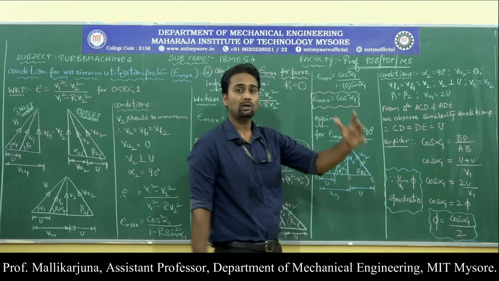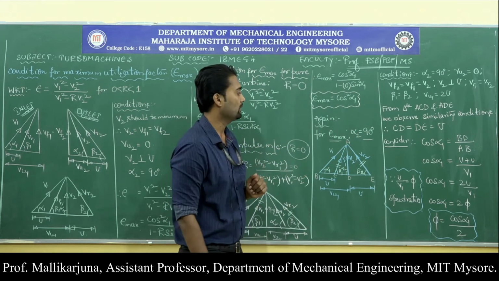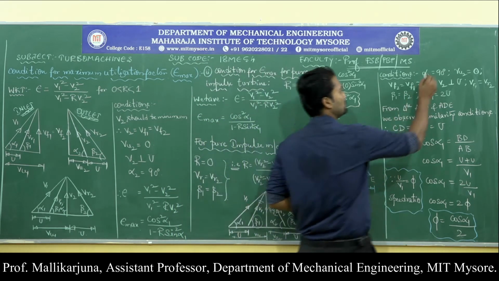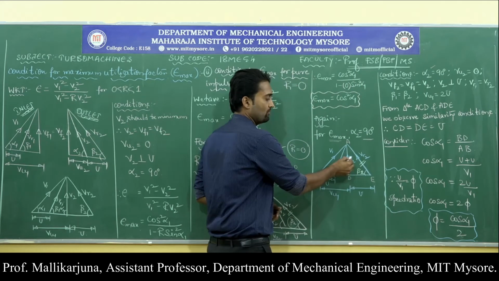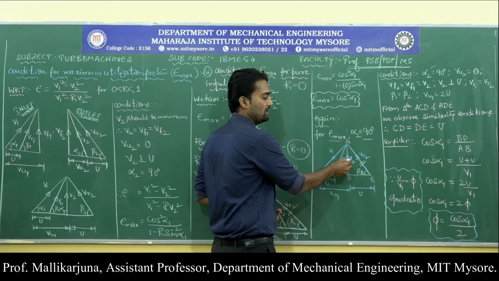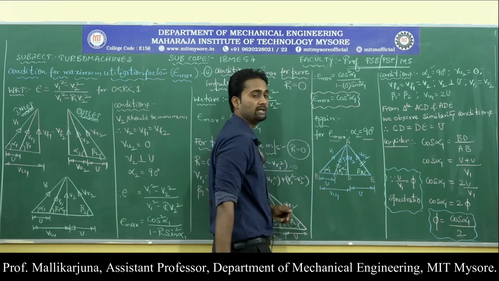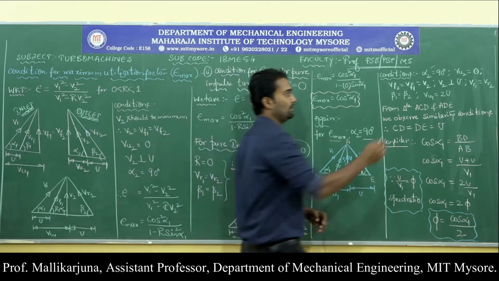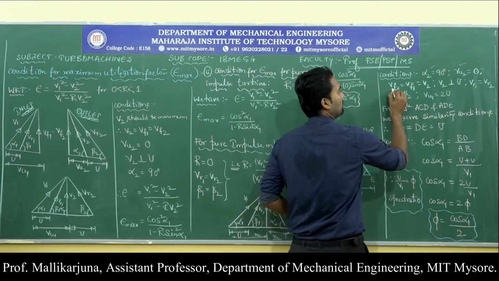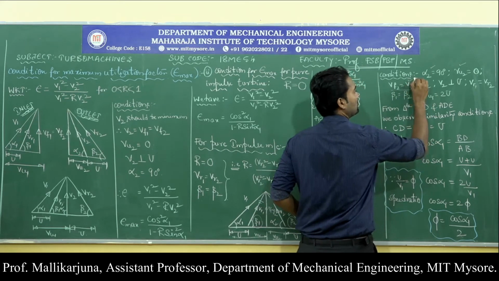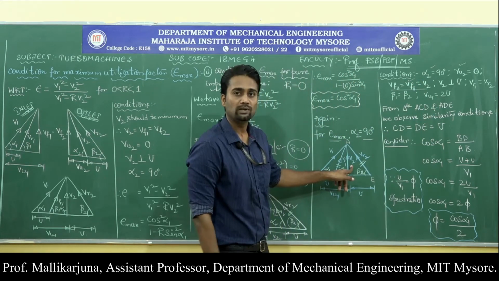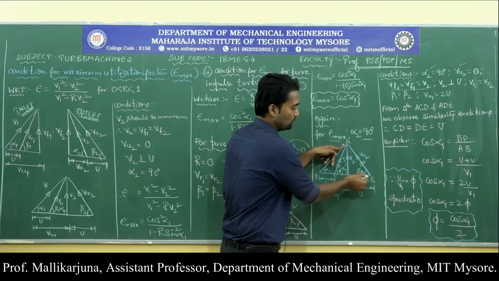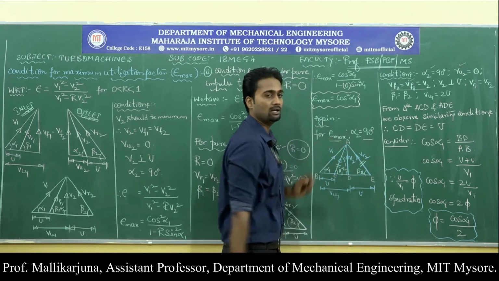Now look at the overall conditions that we have reduced in order to get the epsilon max for the given impulse turbine. We know alpha 2 is equal to 90 degrees. That means V2 has been overlapped on Vf1 as well as Vf2, which has made alpha 2 90 degrees. Because of overlapping, this Vu2 will be nullified. Vu2 is equal to 0, and Vf2 will be equal to Vf1, which will be equal to the absolute velocity at the outlet V2. Next, this is the u, and V2 is perpendicular to u.